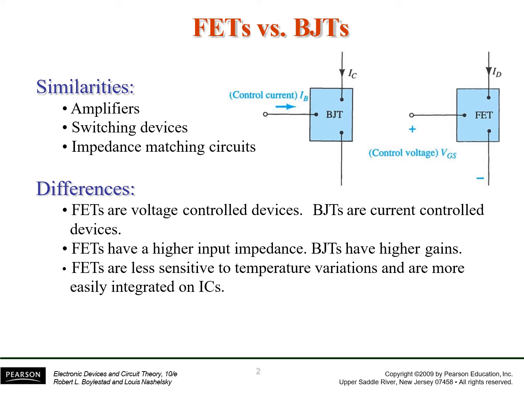It was a current source controlled by the base current, while the FETs are voltage controlled current sources, and the voltage that controls this source is VGS, the voltage between the gate and the source. And we will see what is the gate, what is the source, and what is the drain,